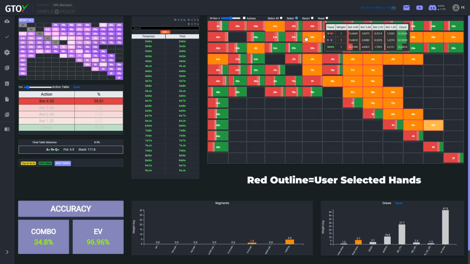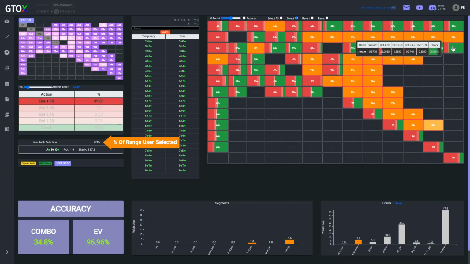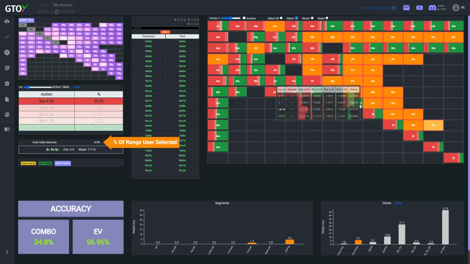Our goal, through diligent practice, is to eventually recreate as much of the range as possible, because the more combos we're able to identify, the more EV we'll be able to capture from the GTO solution. So in this case, Ariel's specific hand, 7-6 of clubs, preferred a large bet or a check, but it does make this small bet at a low frequency, so we're just going to continue along on this branch of the